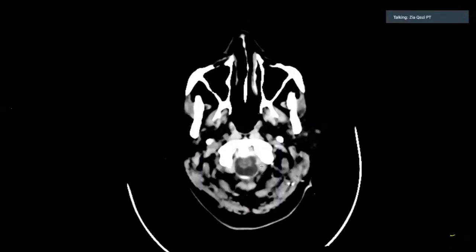C1 is slowly disappearing. You can make out the odontoid process. You can see thickening of the spinal cord. It is not thickening, it is going to form the medulla, just going to enter the foramen magnum. You can see the nasal cavity much more clearly. You can see the sinuses.